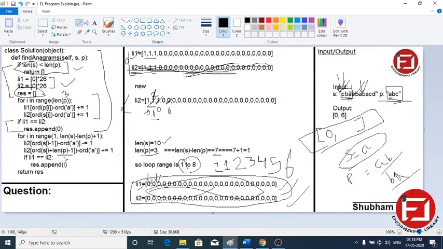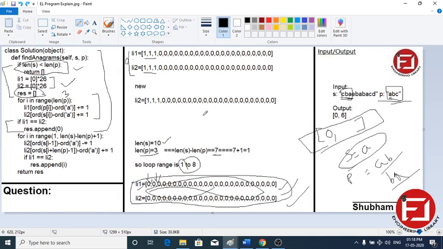2, 3, 4, 5, 6, 7. It will be incremented, and now it will become, okay. Now list 1 and list 2 are the same. Yes, these three are 1, 1, 1, and this becomes 0. So if we want, then we can do loop 6 again.